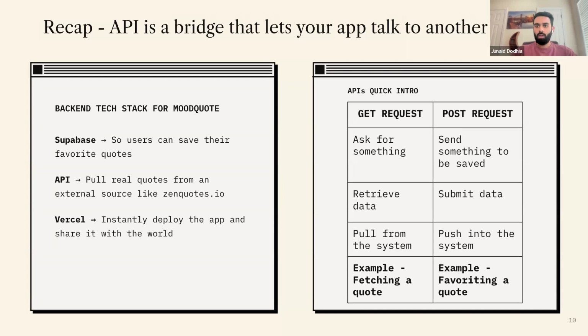And a brief overview of APIs would be about what are GET requests and POST requests. So think of GET requests when you are asking a service for something, and POST requests is when you are sending something to be saved. So in our case, fetching a quote from a service like Zen Quotes would be a GET request, but saving that quote in our database would be a POST request. So that's the brief distinction there. If you're pulling something from the system, it's a GET request, and if you're pushing something into the system,